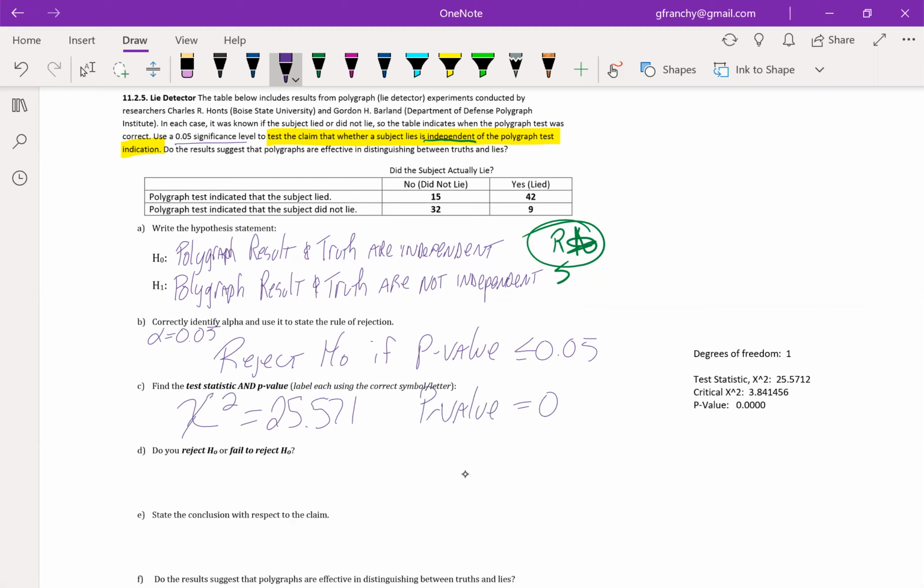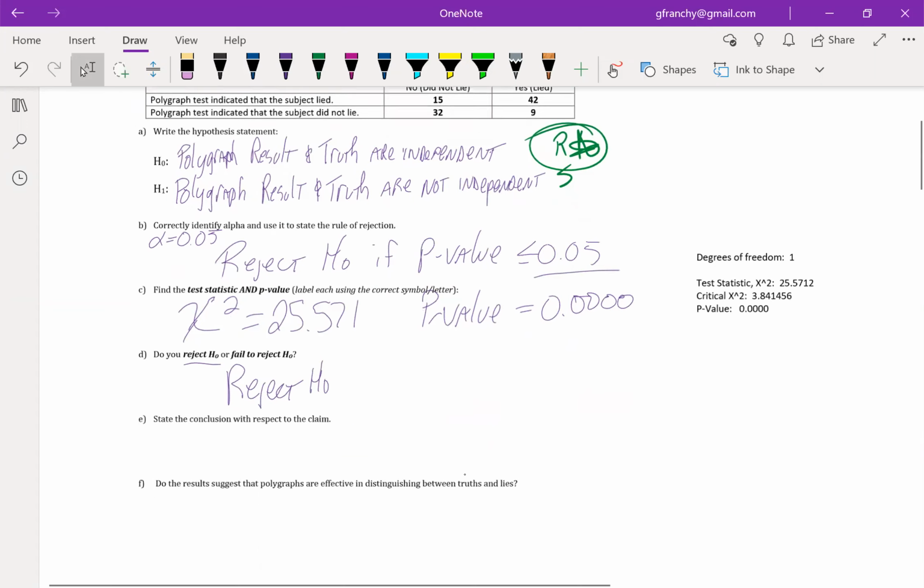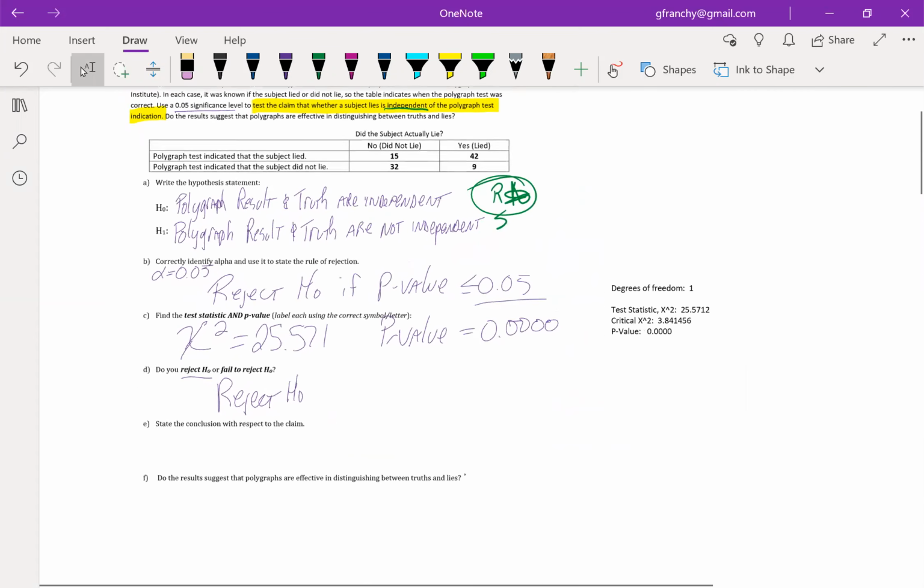And our p-value was pretty much zeros. Eventually, there's going to be a non-zero number there, but we only need to go out 4 to make our decision against our significance level. And zeros is definitely less than anything we're going to have for alpha, so we reject the null hypothesis. And when we reject the null hypothesis,